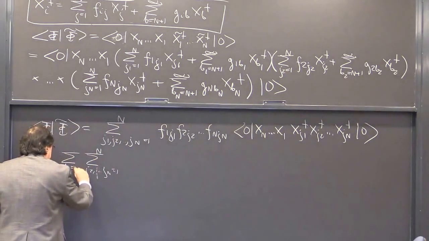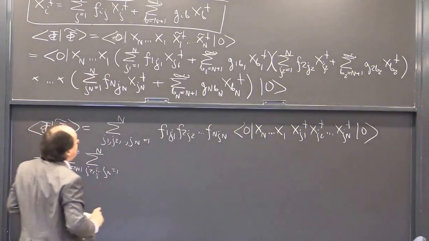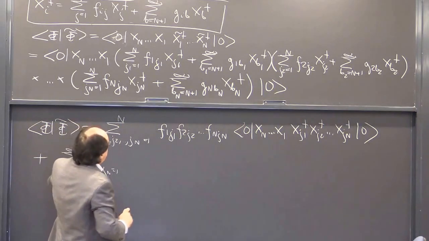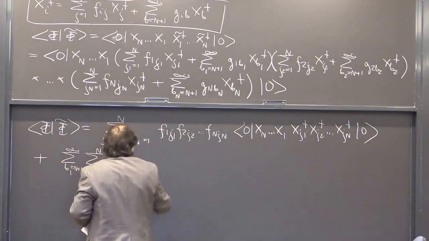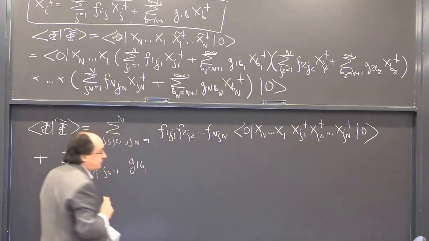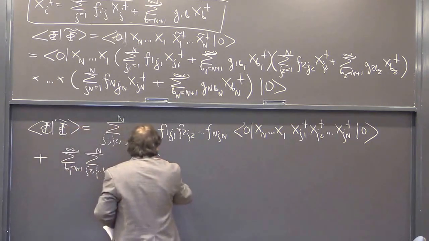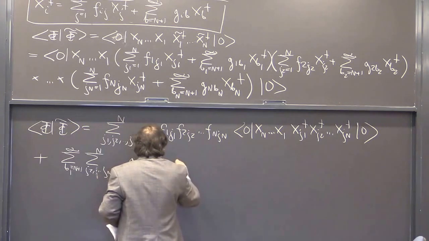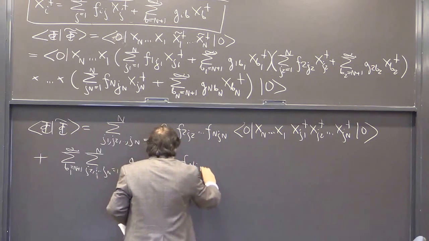Here b1 goes from n plus 1 to infinity. And that term will be a term where I pick up the g piece from the first bracket expression, and I pick up the f pieces, f2 j2 through fn jn, from the remaining bracket expressions,